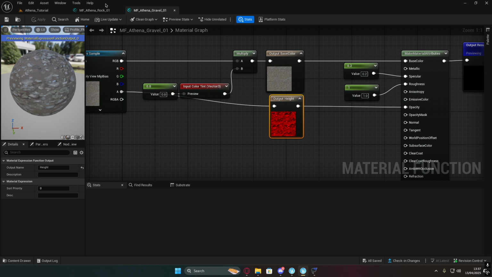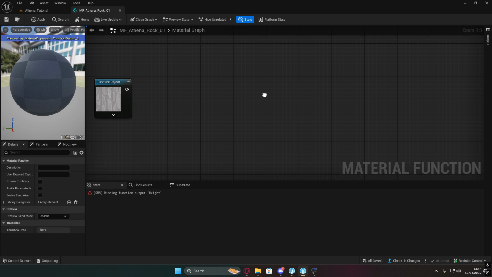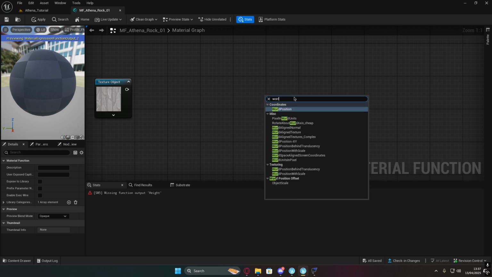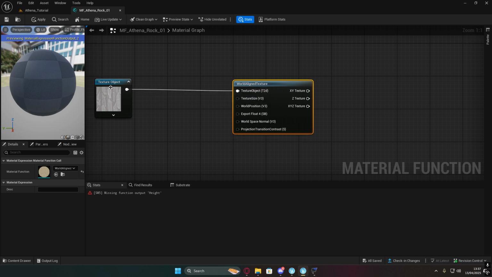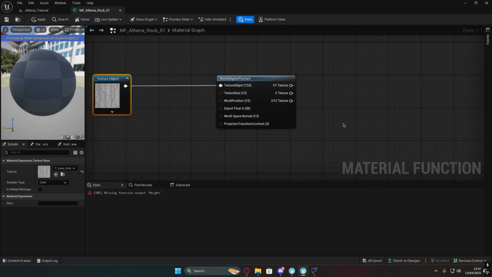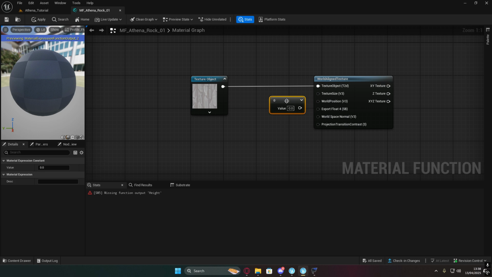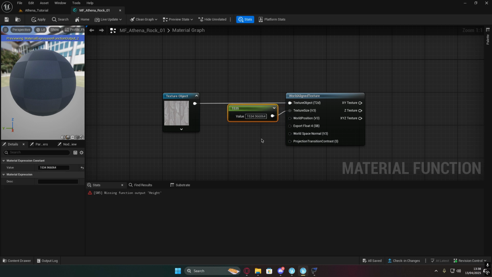You can save that. We can come back to the rock function now. So the first thing we want to do is get world aligned texture here, the texture object being our rock texture object here. We'll make a scalar value here for our texture size, which is going to be, this is quite long-winded, so I'm going to copy and paste this into mine. 1304.966064,